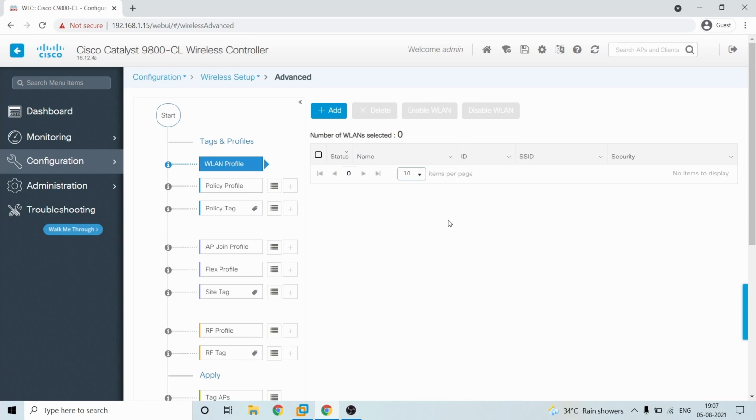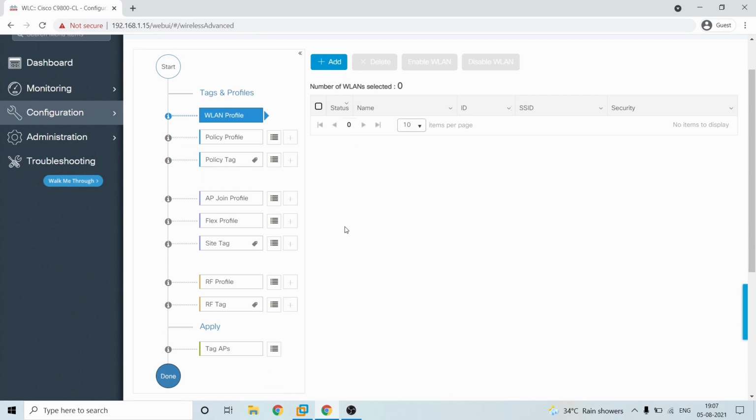Here, as this is a brand new WLC 9800, there is no configuration. As you see here, this menu will have three options, which are called policy tag, site tag, and RF tag. Policy tag will be nothing but mapping the WLAN profile and policy profile, and RF tag will be mapping the RF profile to the RF tag. Okay, so these are simple steps. The first thing we need to concentrate on is only this part; it is mandatory and the others are all optional. Okay, we'll set up a WLAN profile first and see how this gets configured.